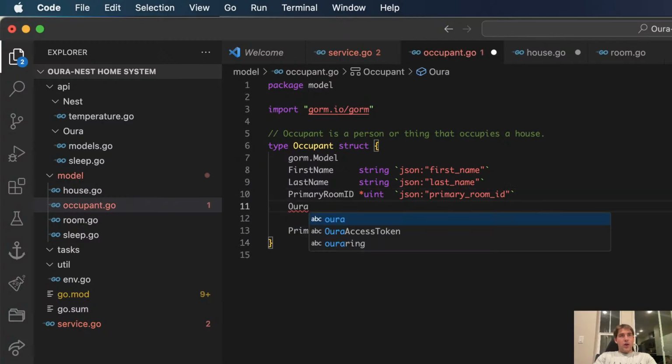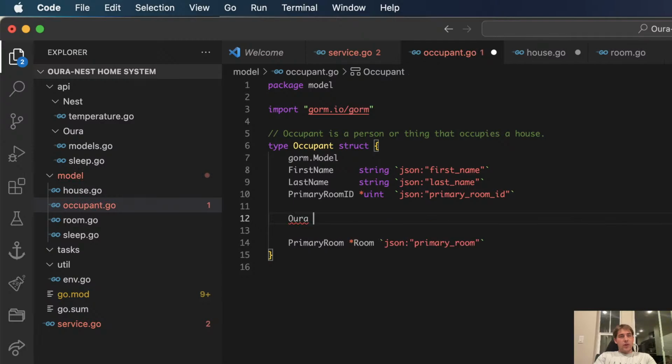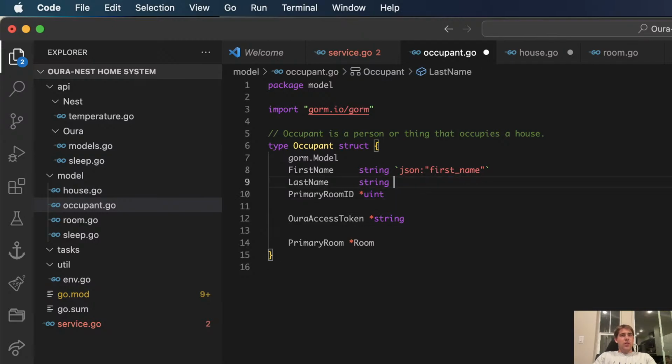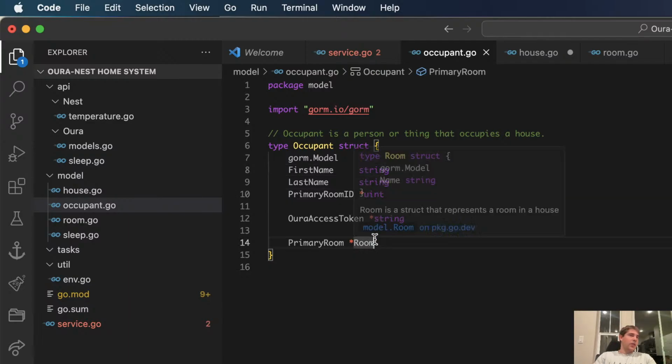Let's say Aura. This is kind of outgoing stuff, so I'll make a new block here. Aura access token. Let's make it a pointer to a string, because it doesn't actually need it at the moment. I can get rid of these because again I'm going to do my own response structure. Or if I do decide not to do that, I like having my own response package. I'm going to see if I can find any clean response packages. That'd be nice.